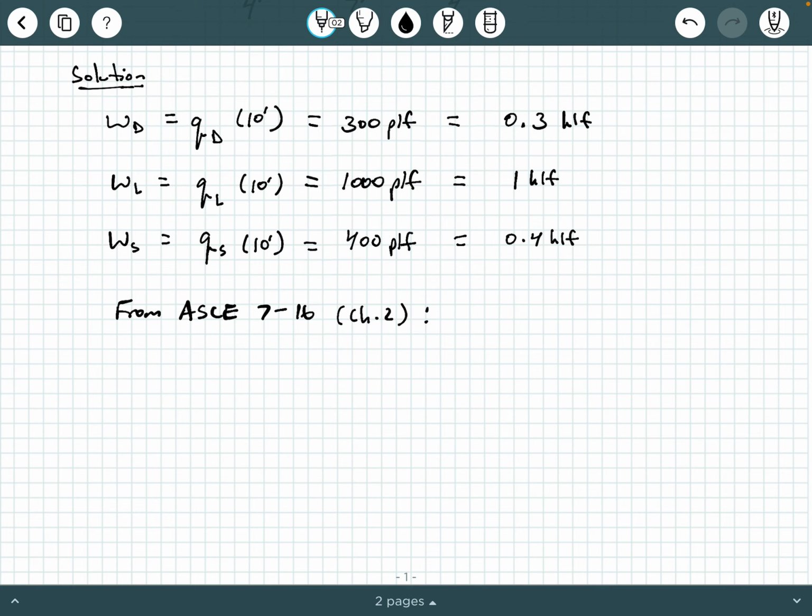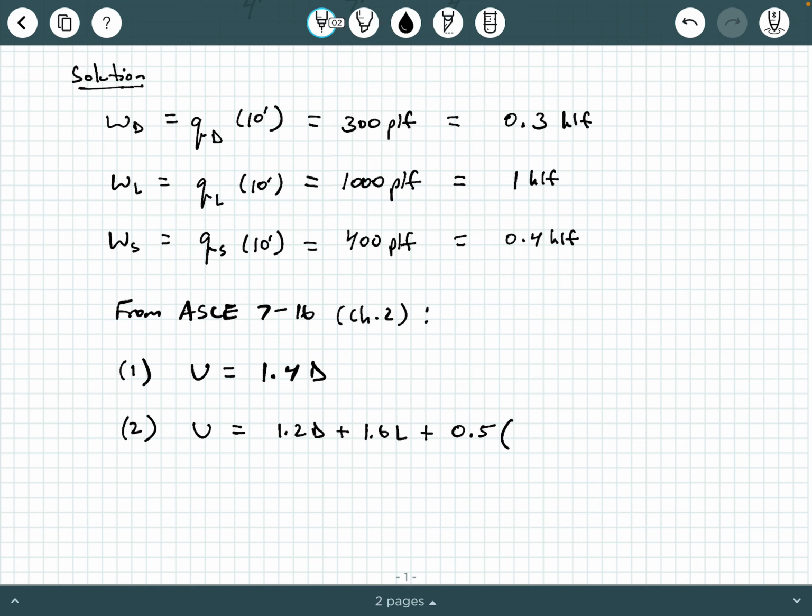Now, I'm going to look at the basic load combinations. We have 1 through 5. Now, notice that our applied loading is including dead load, live load, and snow load, which means that we don't necessarily need all 5 of these load combinations. We just need to look at the applicable load combinations. So to speed things up just a little bit, I'm going to go ahead and tell you load combination 1, we need to investigate that. That's going to be 1.4 times a dead load effect. And then load combination 2 is going to be 1.2 dead plus 1.6 times a live load effect plus